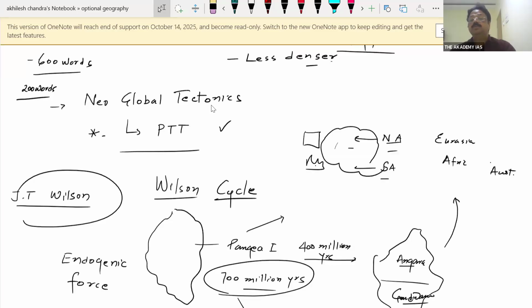So one day this Pacific Ocean gets consumed, and what happens? Eurasia and Africa are also moving towards east,